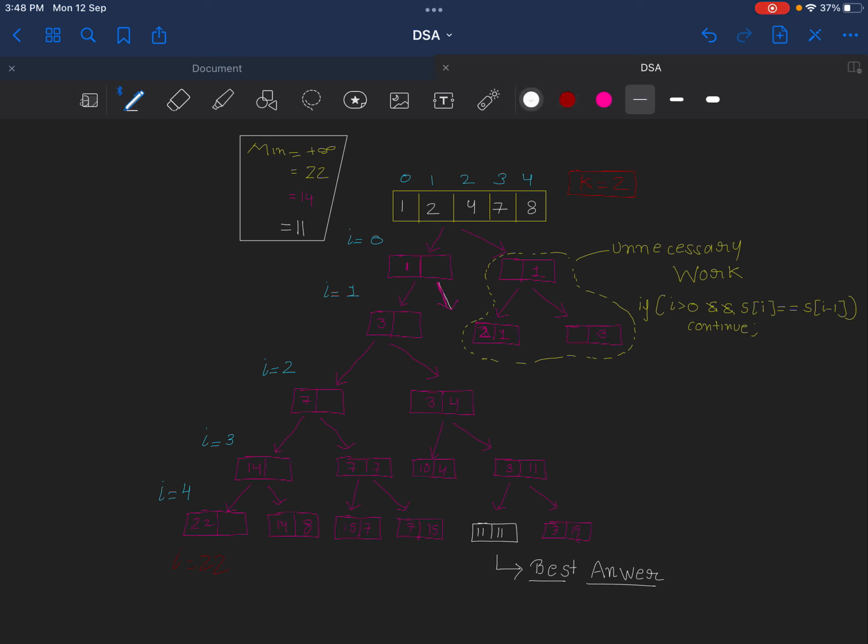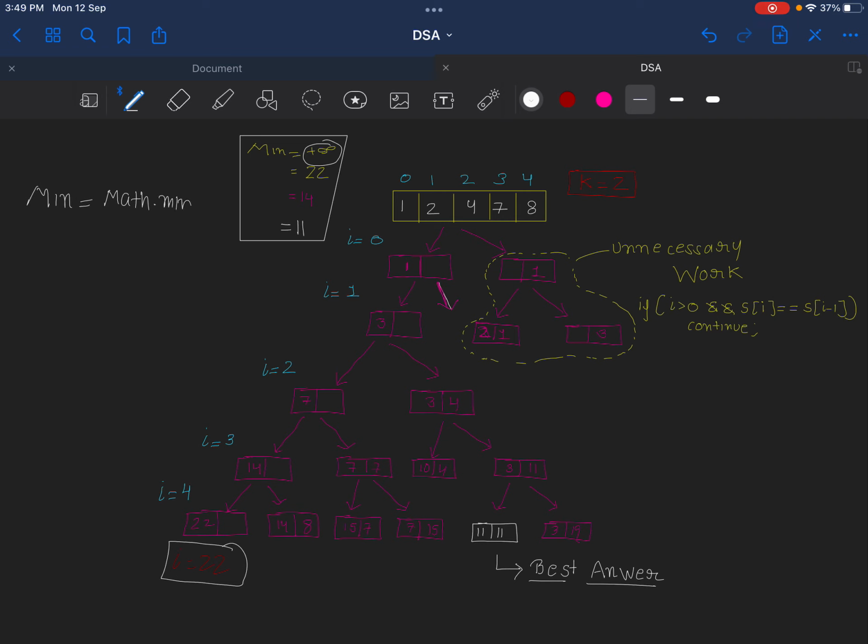By default we can take a global variable named minimum, with value plus infinity. So when we calculate the maximum value from here, it is 22. So we can take minimum is equal to